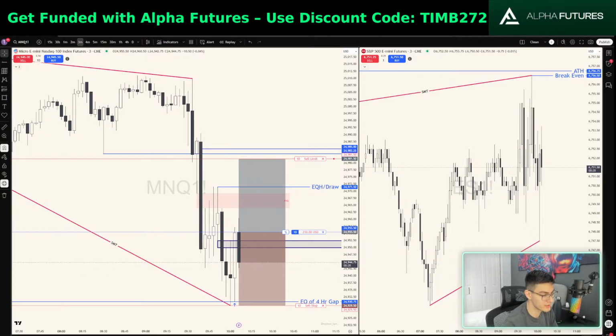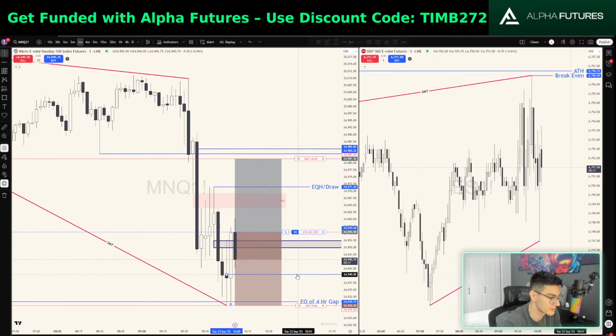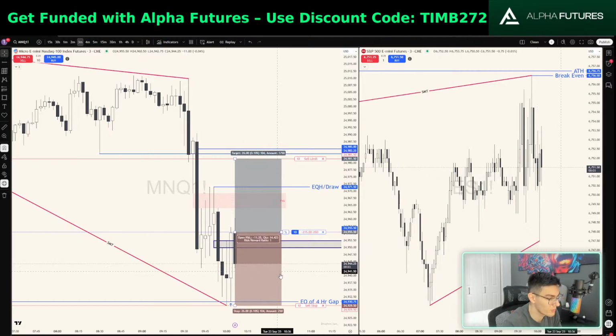Pretty much halfway to stop at this point. I feel like the only thing that really could reject us is we could bounce off this order block. Like, any of these down close candles could support us. And then the actual last line of defense would be the equilibrium of this wick right here. And once we get past that, I mean, I'm cooked, but hopefully it starts coming back up.